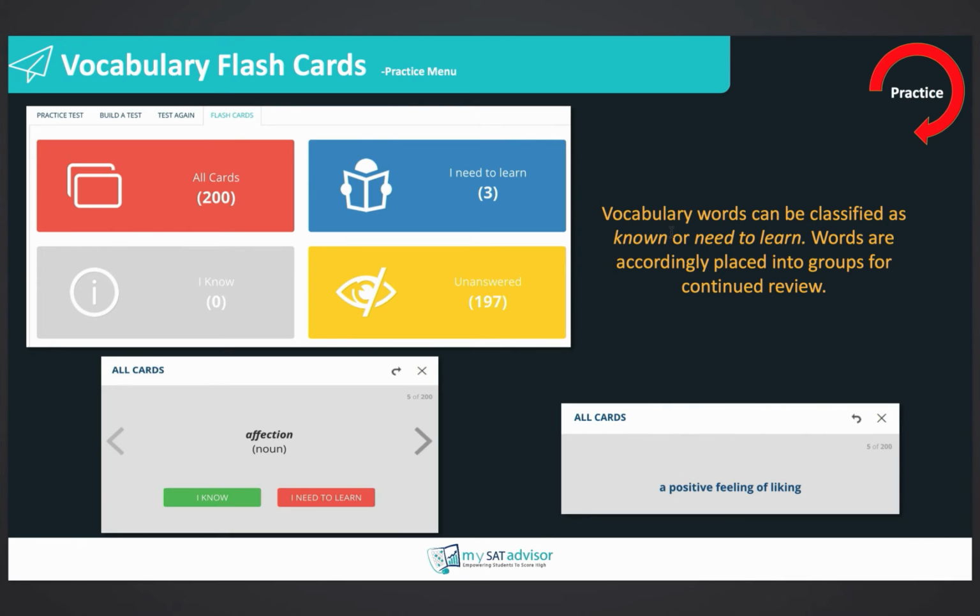You see a very simple format, word and definition, but what is neat is that the student can sort based on either I need to learn the word or I know the word. So it creates a living, breathing status update of how many words I know and how many words I need to know. And the student can constantly revisit this page, go through the cards and resort them as they learn more words.